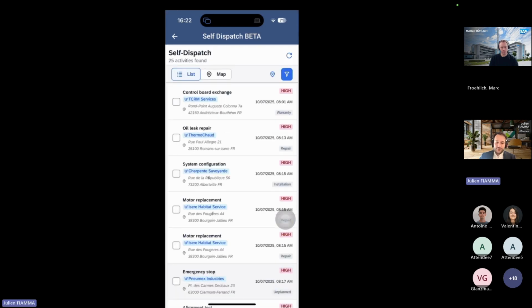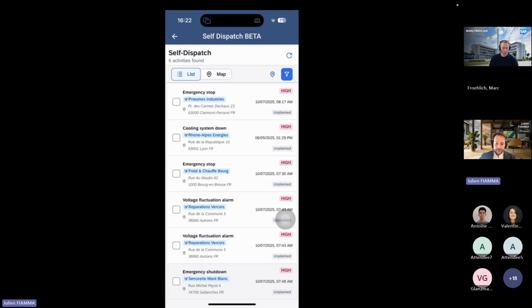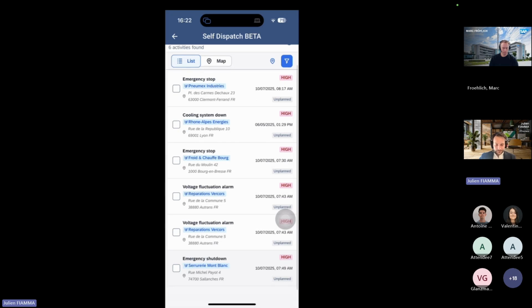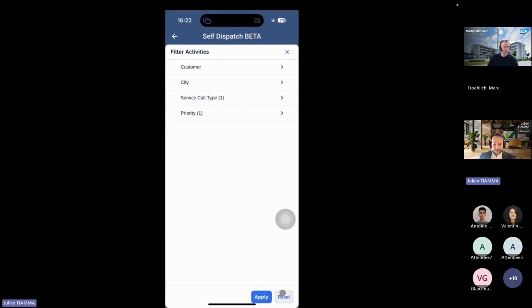I can combine filters, of course: high priority and service call type unplanned. And I can select and take, it's a translation issue here, prendre means take for myself. If I click on this button, then I will assign it to myself. I will do that just later because I want to show you that on top of these filters,